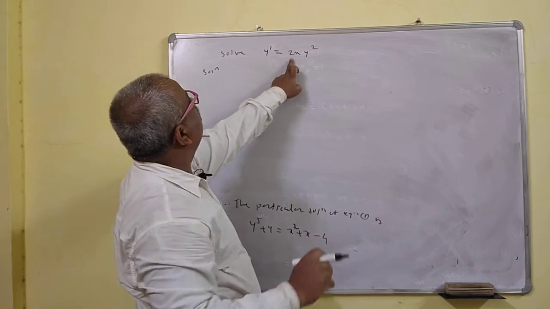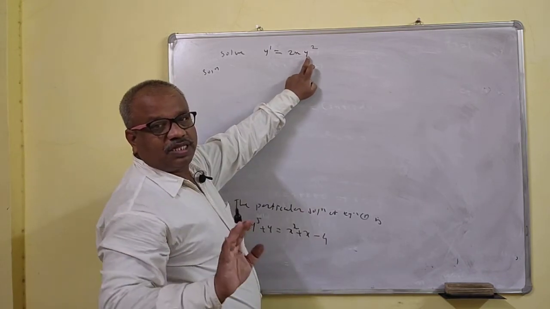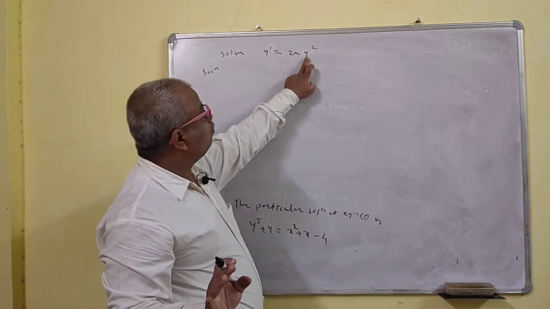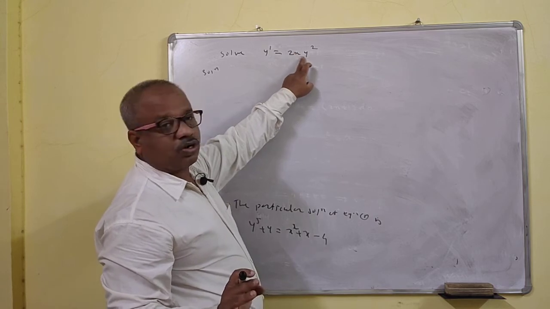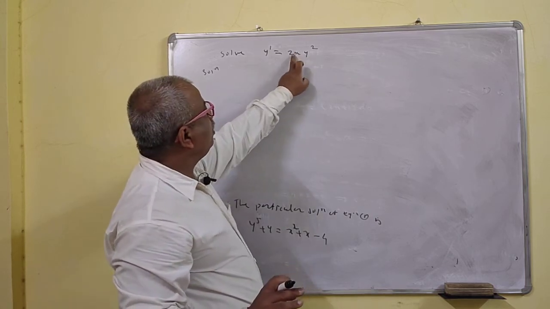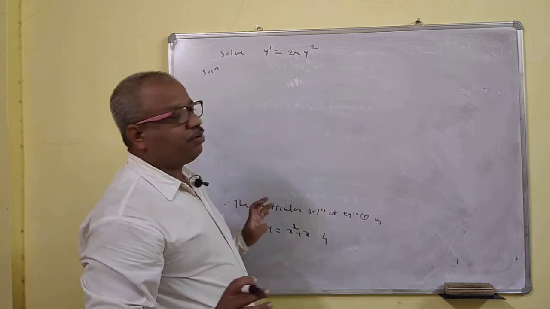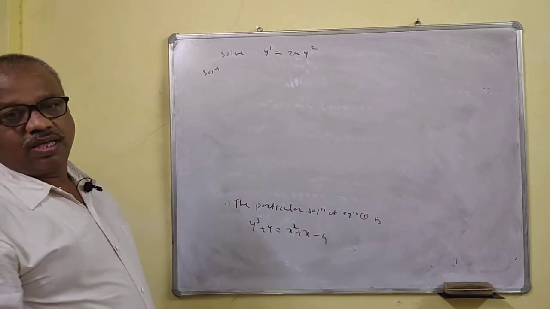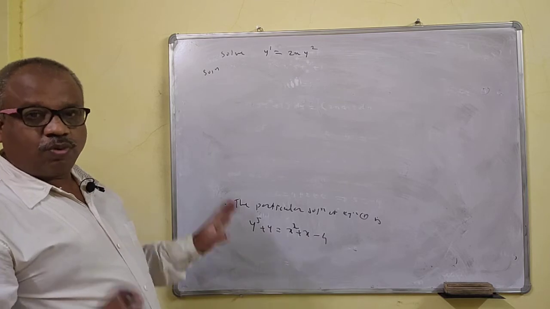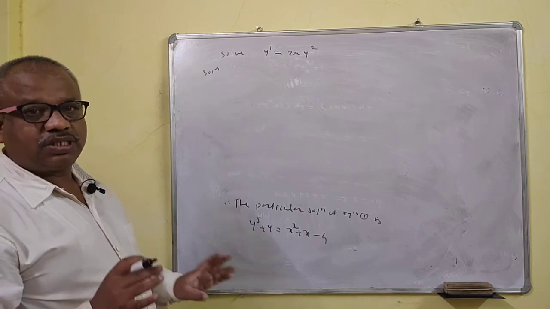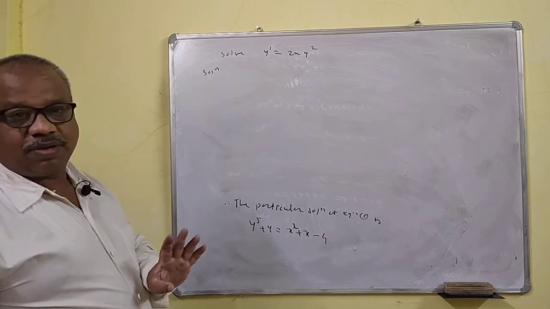Now see, this is what? y square is there. That means this is not a linear differential equation. y square is there, and this is again the product of x and y here. If this were twice x square y, it would then be a linear differential equation. But it is also variable separable. So some homogeneous linear differential equations are variable separable also.